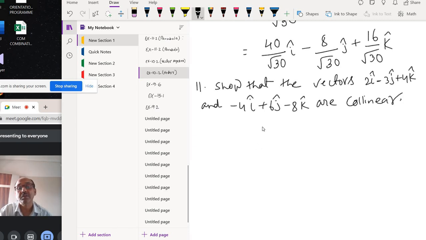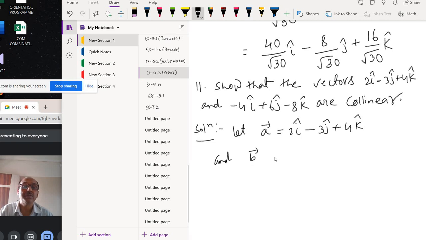Okay. Let vector A equal to 2i minus 3j plus 4k, and vector B equal to minus 4i plus 6j minus 8k. Okay, so